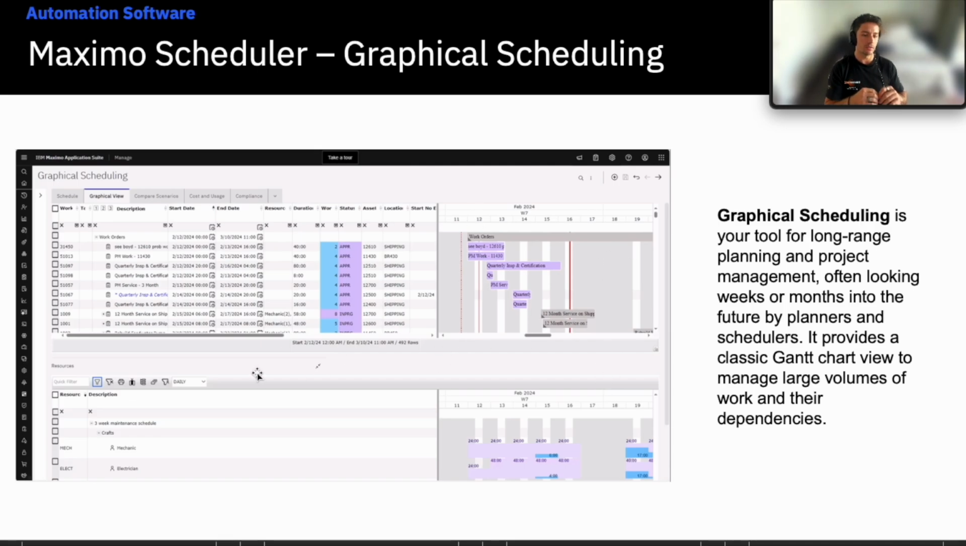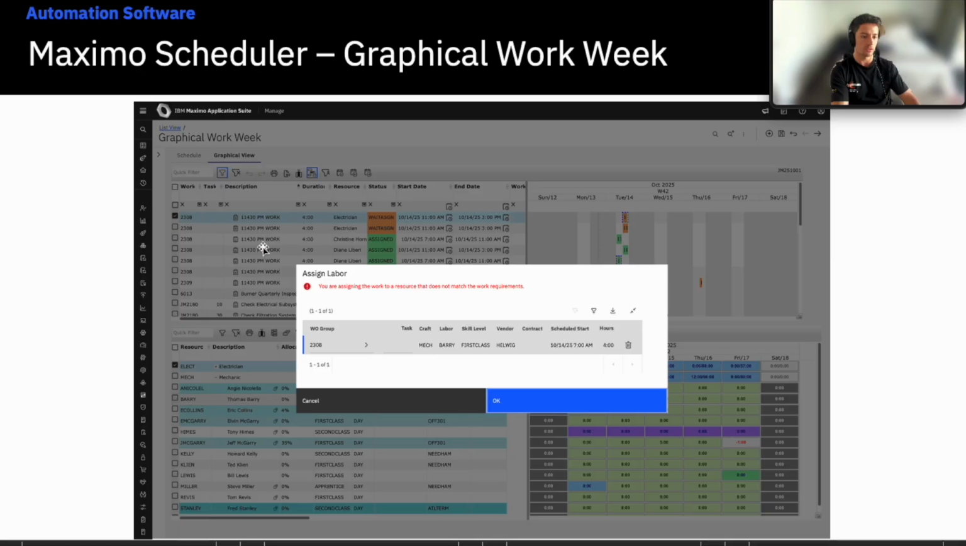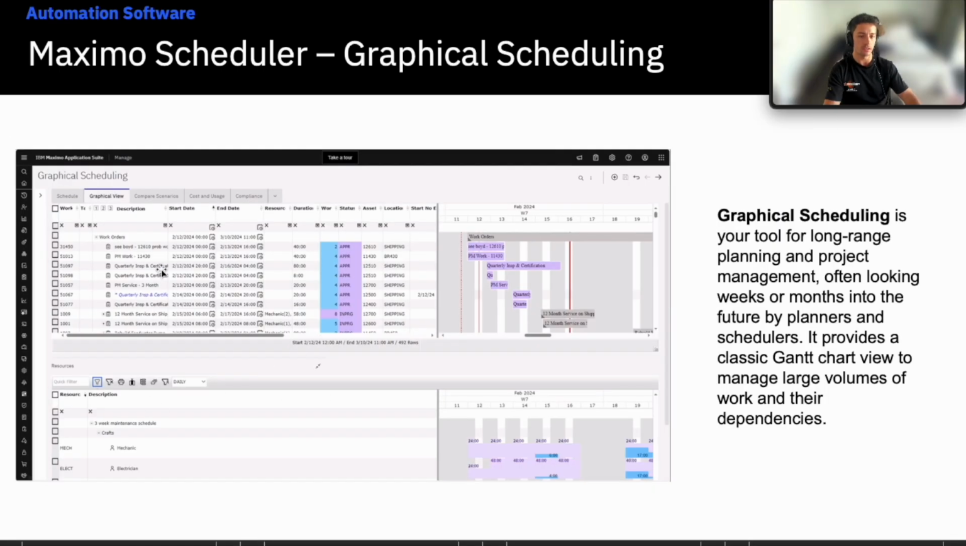One of the key parts of this application is not just the graphical interfaces that we've seen up until this point, but also being able to create different what-if scenarios. So here I created a schedule, but I want to compare it to a different schedule that's optimized in a different way, being able to understand the cost difference, costing over this project,